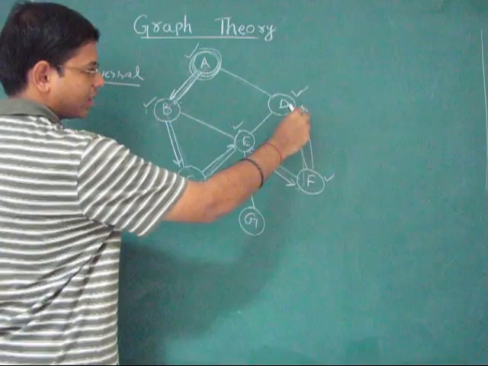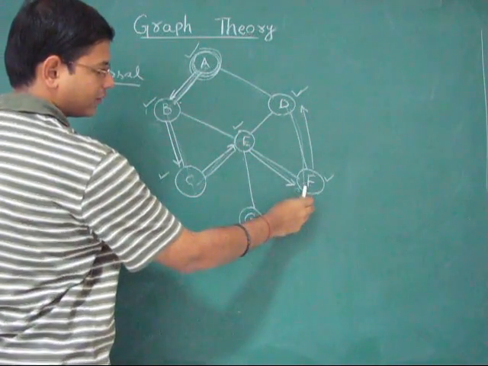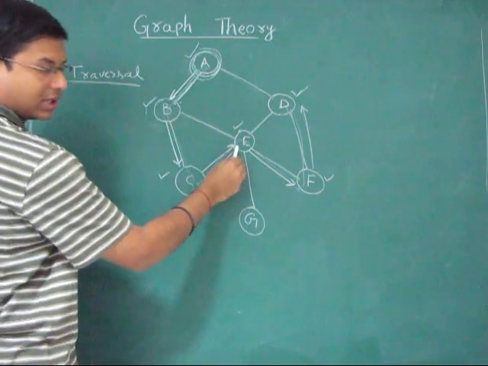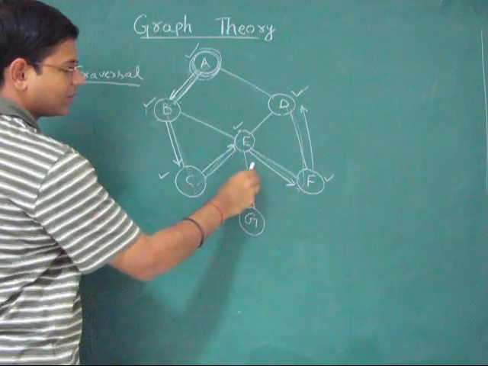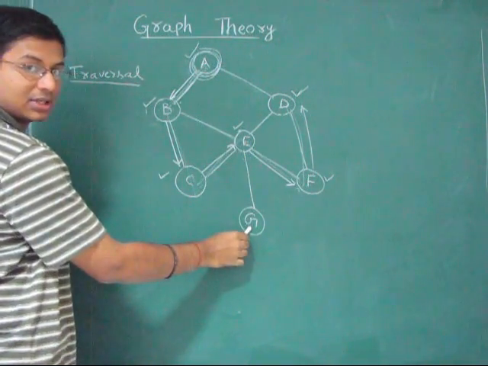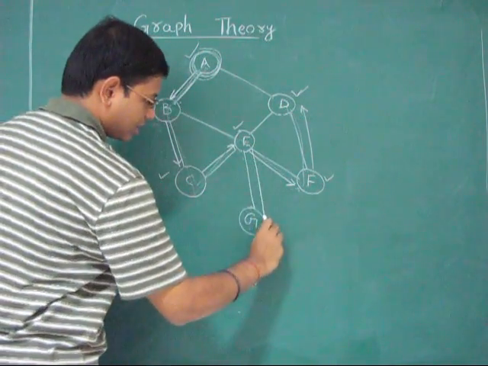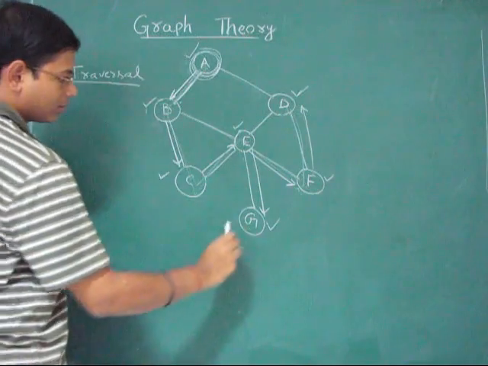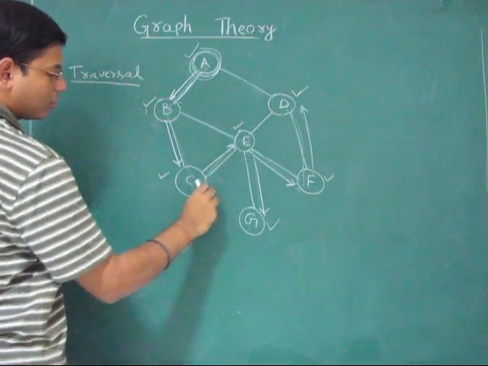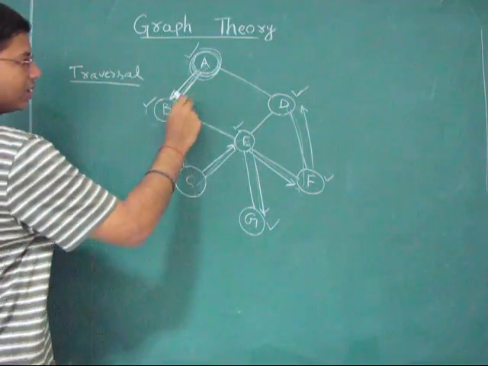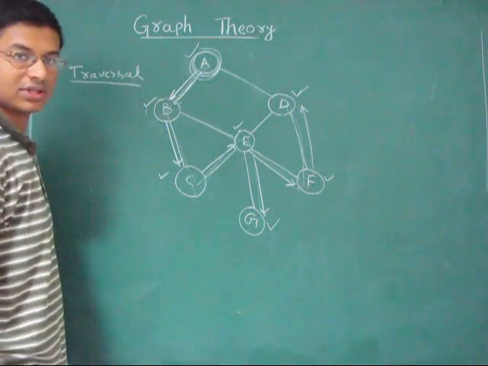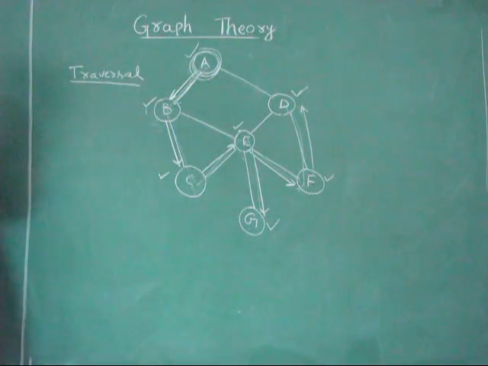We came to D from here, so go back here and check if there are any unvisited neighbors. There are none, so go back to E and check if there are unvisited neighbors. Yes, there is an unvisited neighbor G. So we take this path and mark it. Then we trace back again, going back to C, B, and we reach the starting vertex again. There are no unvisited vertices, so the graph traversal is complete.